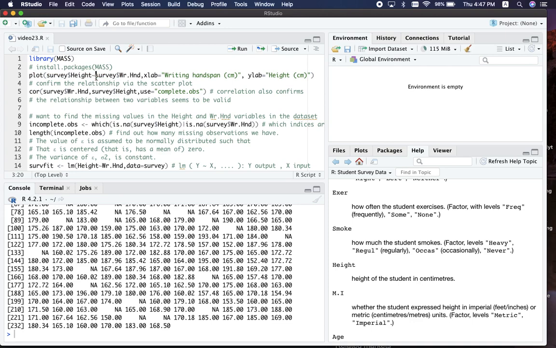We are now using a formulation for our model. What we write here means we are using a y variable, and we are using the input, which is the writing hand span here, to explain the height of the student. So we are writing a formula for a specific model, which will also be our regression model. So if we run this